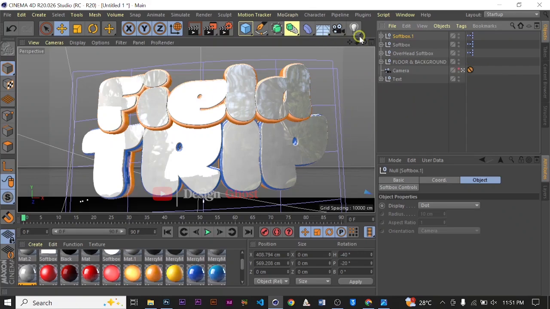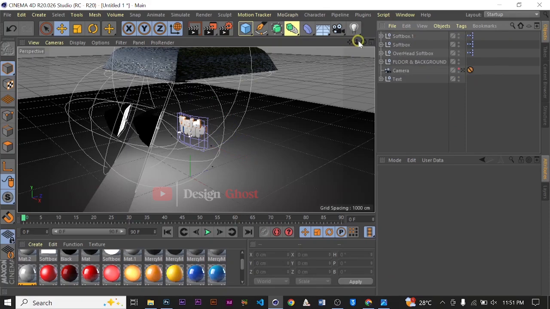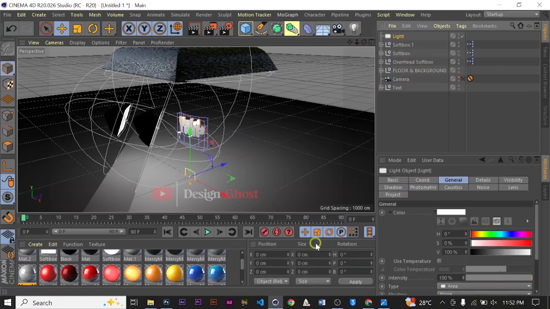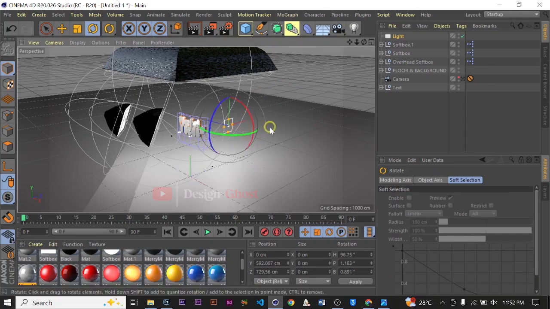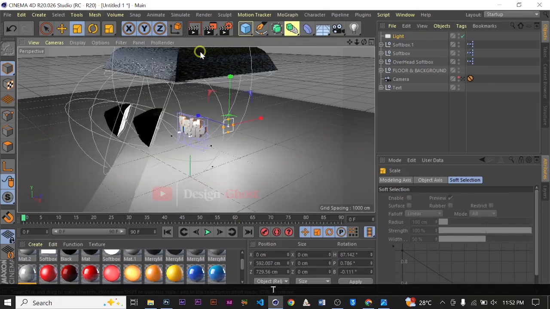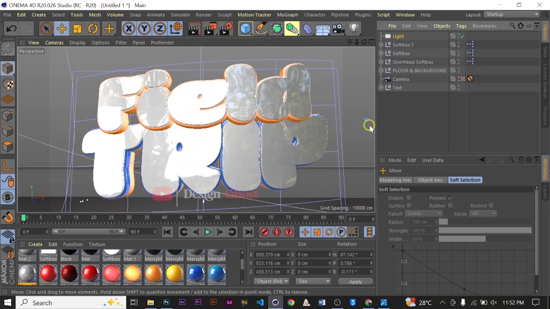a light. So let's deactivate the camera again so that we can see what is happening. Add an area light. We'll bring it in. R for rotate, you can rotate it a bit. Take it back a bit. Depending on the lighting that you want, you position it to suit it. Let's activate the camera to see what's happening. Okay, fine. So we are done with our text,